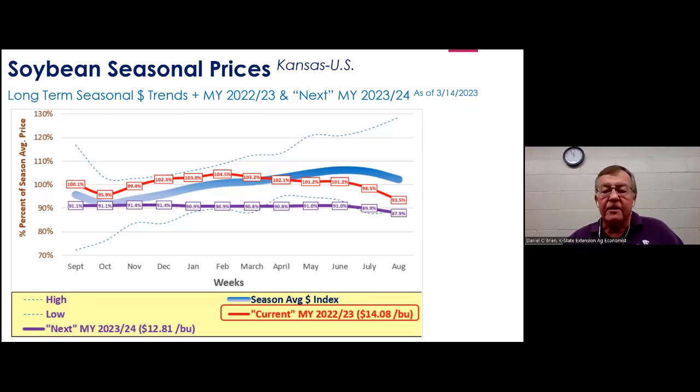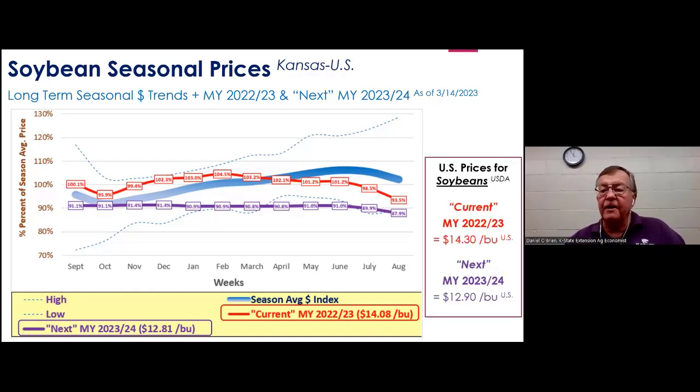You can see the current marketing year numbers by a combination of cash we have in hand and futures out there. 1408 projected next year, 1281 US, and those aren't far from the USDA's projection. Again, what the futures are showing does not represent the type of seasonality that we tend to see in Kansas for prices, especially heading from here out into May, June, July. So I don't know what to tell you to do in regards to that, other than to know that the futures surely have their function, but right now they're not bidding in much seasonality